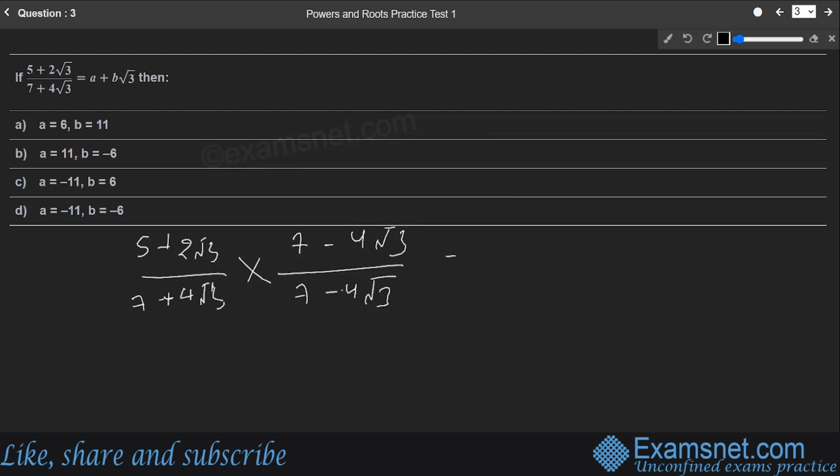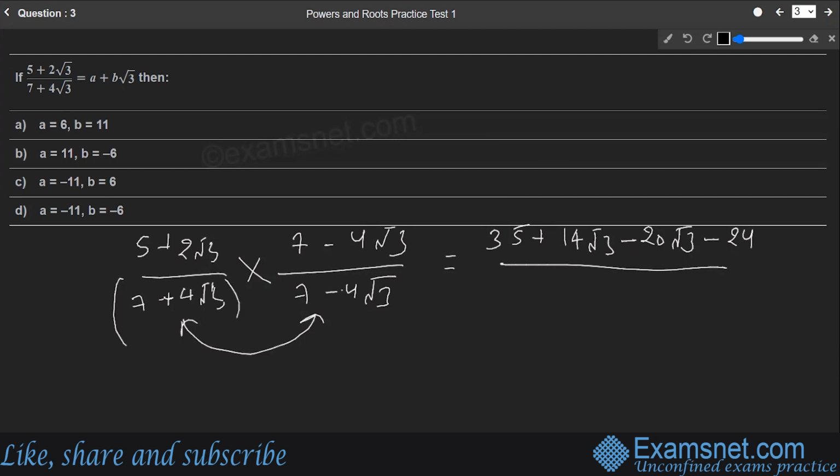So if we solve this further, on the numerator side, if we multiply 5 times 7 it is 35, plus 14 root 3, since 7 times 2 is 14, minus 20 root 3, minus 24. Now on the downside you can see it is going to be a plus b, a minus b, and a plus b times a minus b can be treated as a square minus b square,